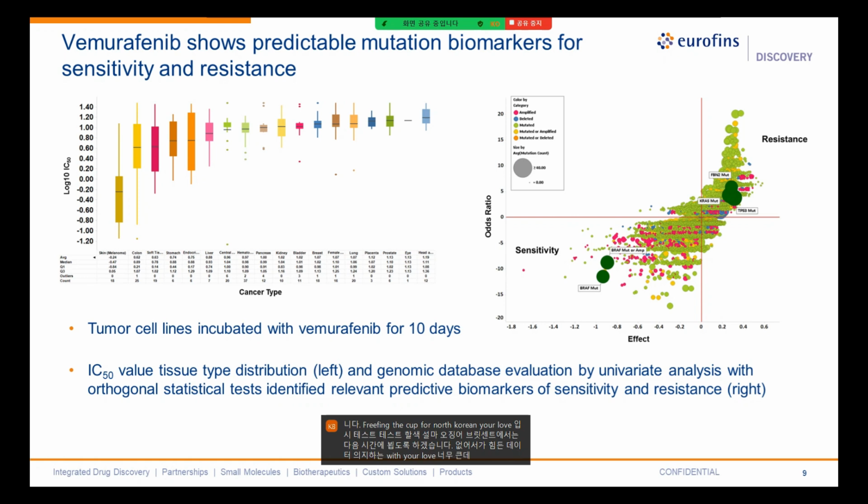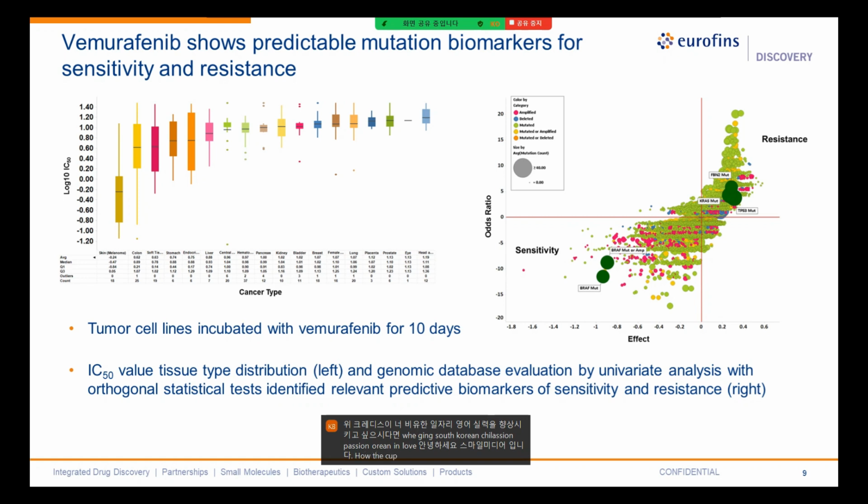When we conduct statistical tests to work out p-values for association with sensitivity or resistance in those two groups that we'd outlined previously, and then we plot the odds ratio against the effect, you can very clearly see in the plot at the top right that BRAF mutation or amplification of function correlates very strongly with sensitivity, while genes such as KRAS mutation, P53 mutation, or FBN2 mutation correlate very strongly with resistance. And these make sense from the context of BRAF inhibition and what we know about BRAF inhibition and how BRAF